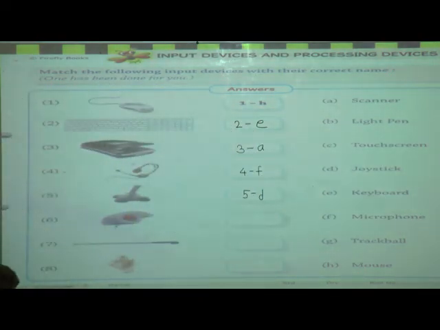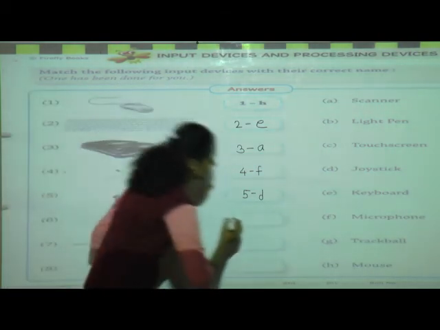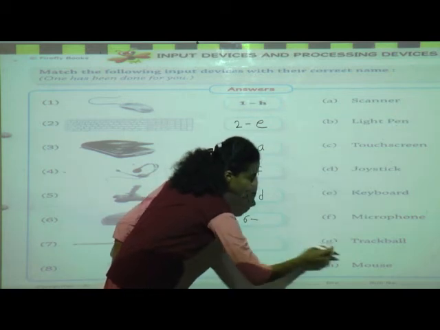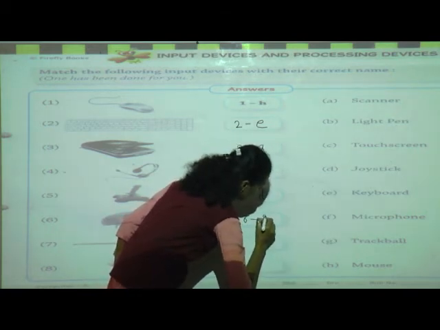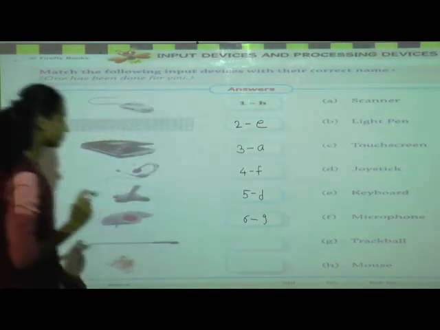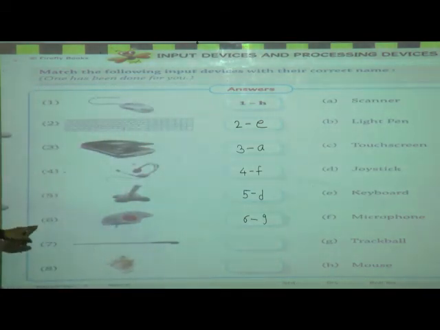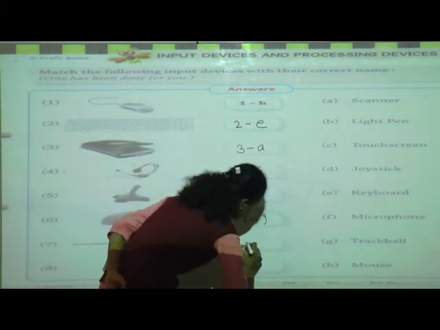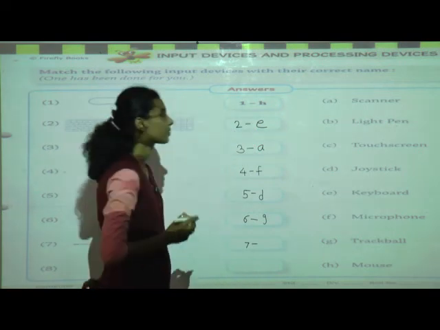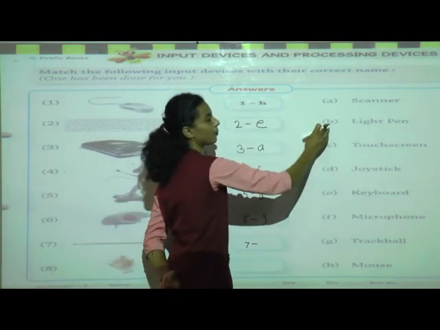Next one, what is this? Sixth one? Trackball. Here 6 and here G. It is G. Trackball. What is this, seventh number? Right. It is light pen. What is the letter of light pen?